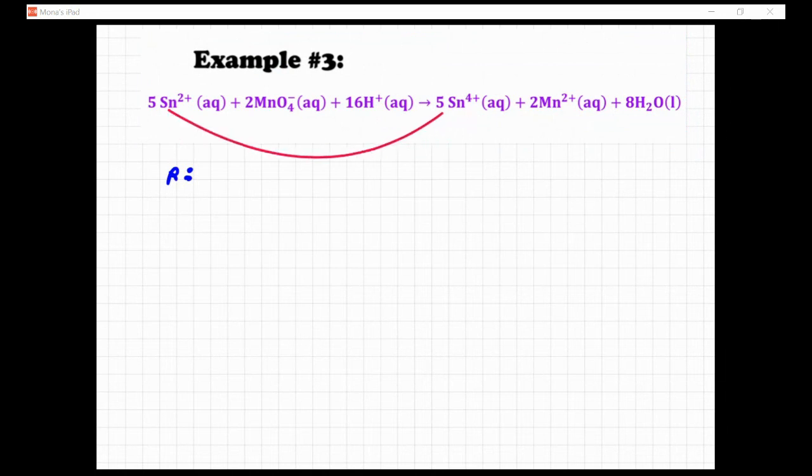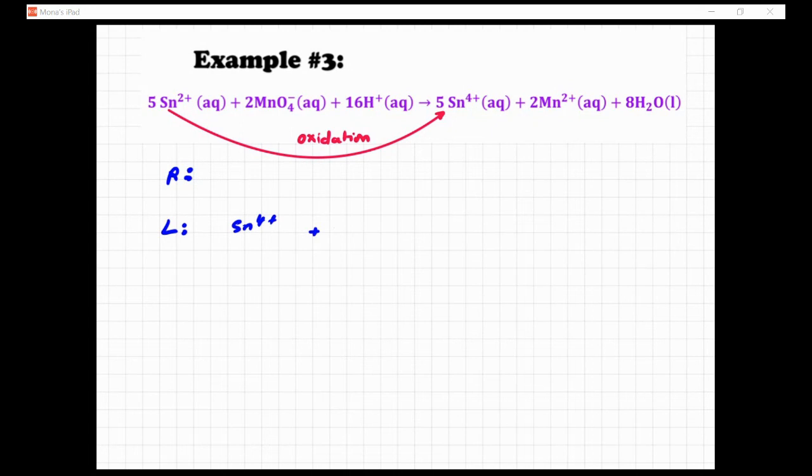So Sn2+ and Sn4+, right? It is obviously oxidation, right? So this is obviously undergoing oxidation. So if it is undergoing oxidation, it means it is on the left, right? So it means it is Sn4+. Of course, we are writing it as